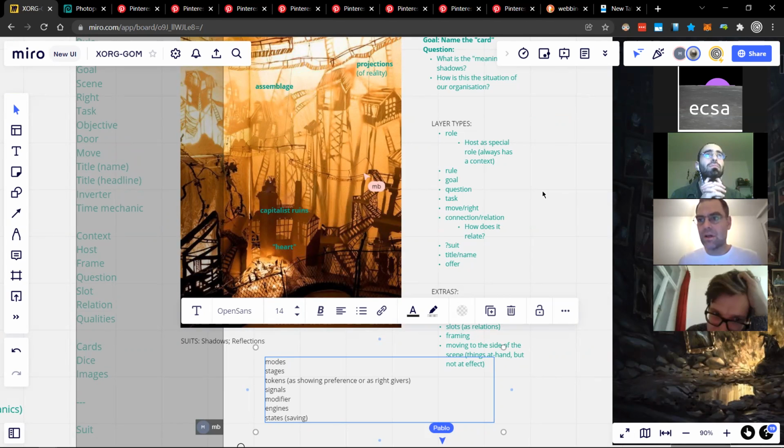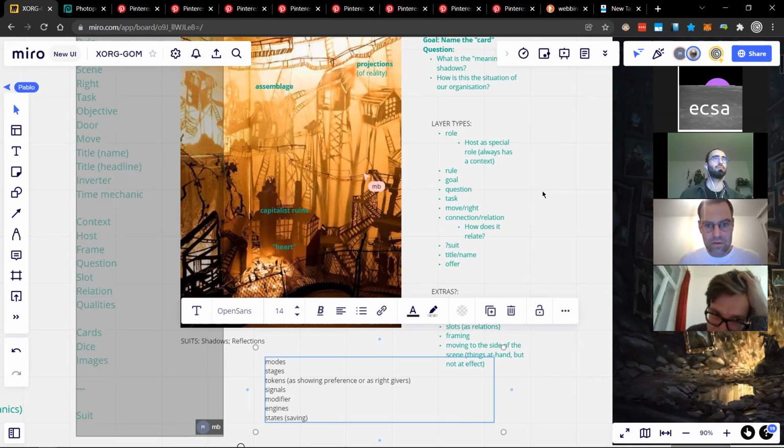It's a meta role. I would say that a game master is a host, and a game master is a role as well, but a special role. It's exactly the same as the host. You were the game master of the time mechanic. But now we have modularity. We don't have a game master for the whole game. We can have a game master for one module, like one mechanic.